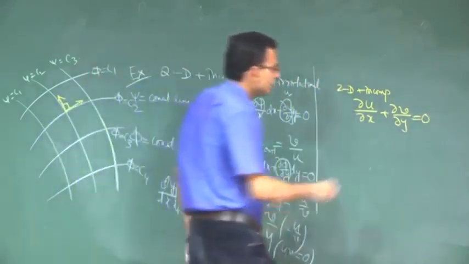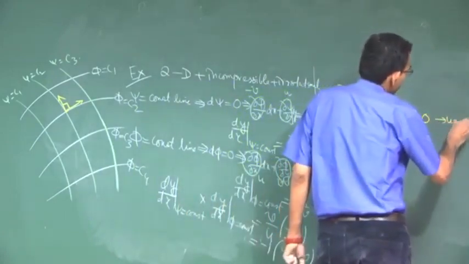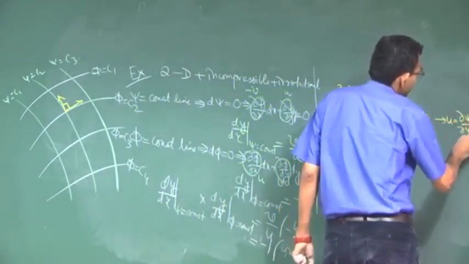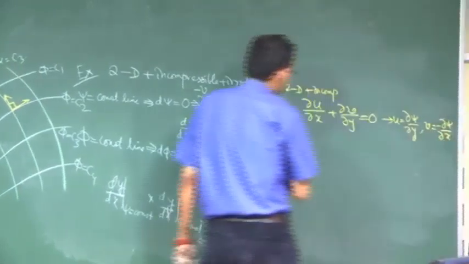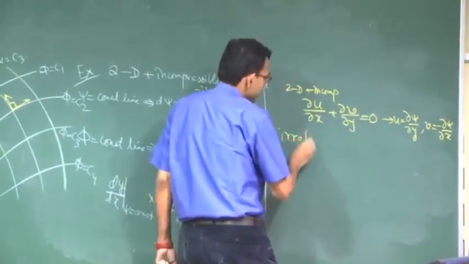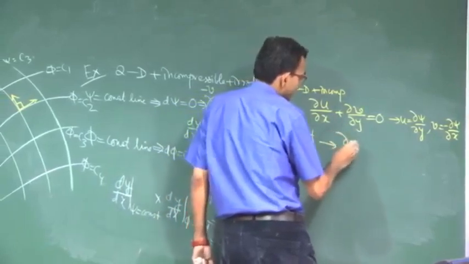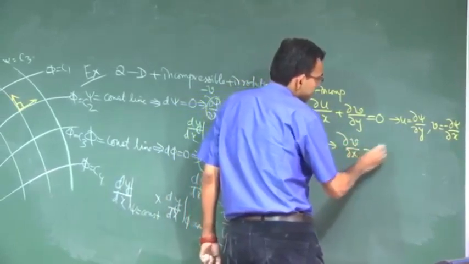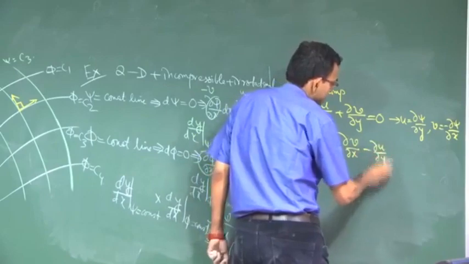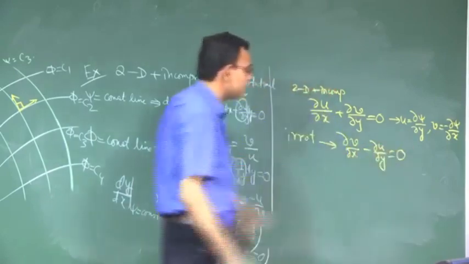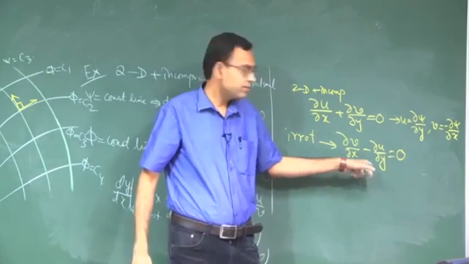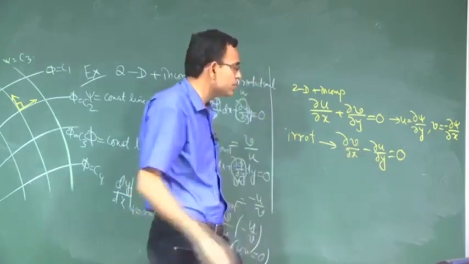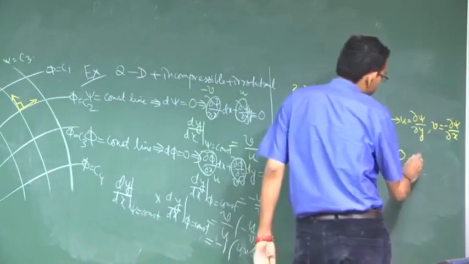For this, the definition is u is equal to del psi del y and v is equal to minus del psi del x. So, if it is irrotational flow, in addition, remember that this is twice the angular velocity. So, irrotational flow means this is equal to 0. So, this will give you